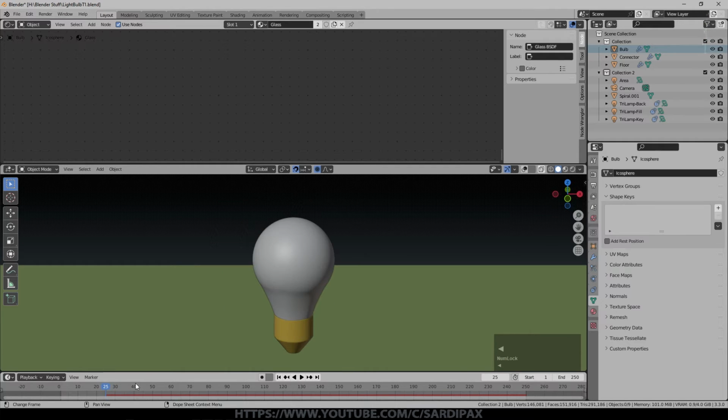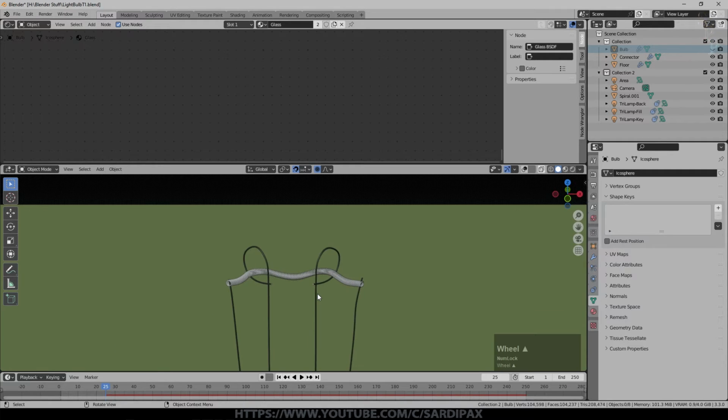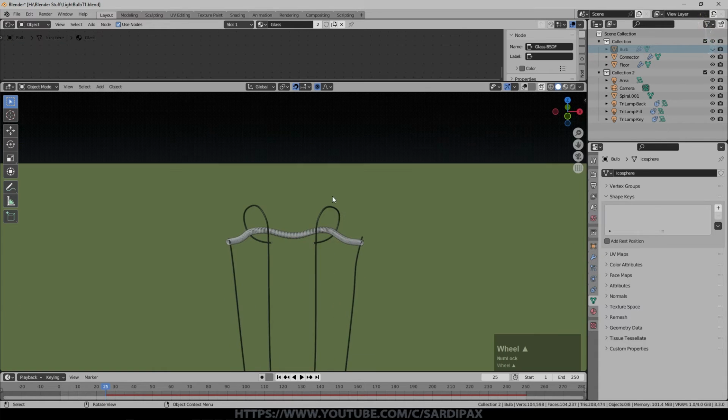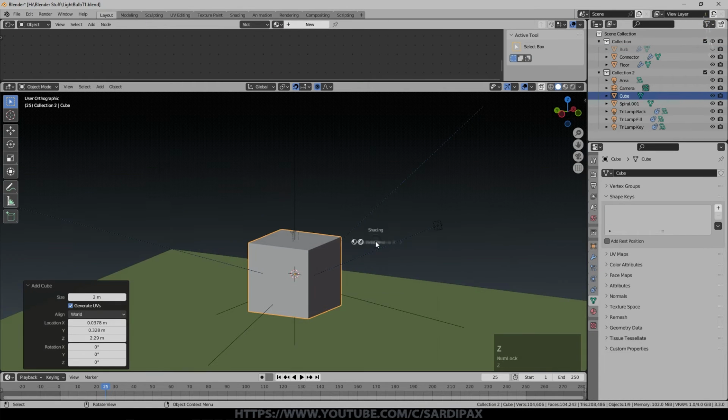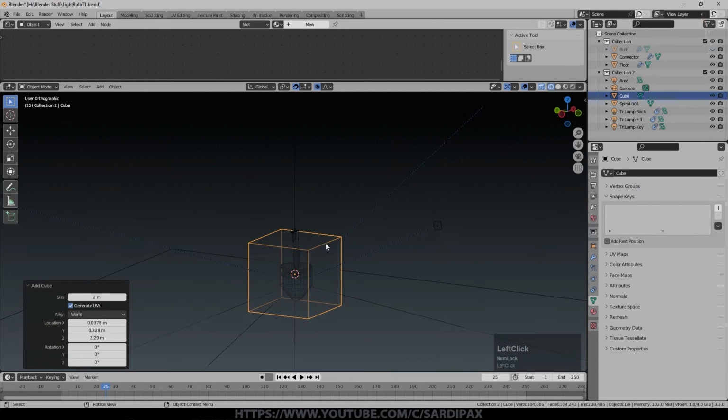frame 25 we set it to. In fact, we set it to exactly frame 25. So I'm going to hide the bulb again. That's worth remembering, that that's where we want the smoke to begin to be emitted, because now there's air reaching the filament and obviously it's starting to oxidize, melt, and more importantly evaporate, and that's what the smoke is, or burn even. So we'll add a mesh, which is a cube, and this just needs to enclose the area that we want the smoke to be.